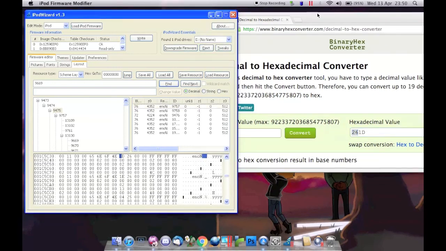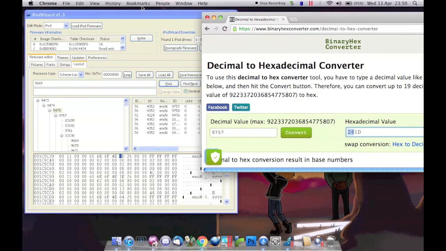So keep that in mind when you are making any modifications, because it will bite you. And when it comes to converting hex values, this is the difference between having a perfectly working theme and bricking your iPod. By bricking I mean you can turn it into disk mode and you can reset it, but just be careful. But as far as I'm concerned, we have successfully updated this iPod,